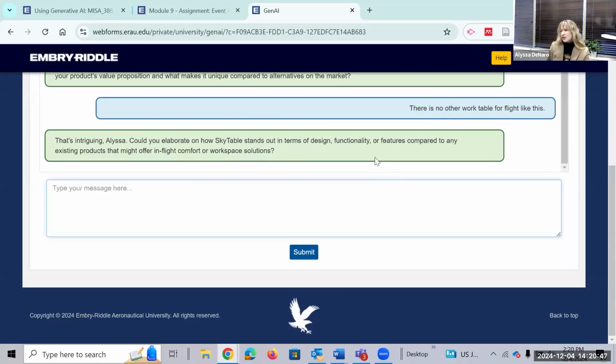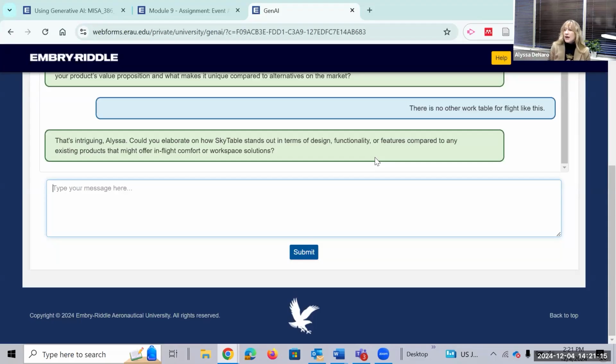What stands out in terms of design, functionality, or features? So get more specific. And the reason I can predict that is because I actually programmed this chatbot to hone in on certain specific things. So I don't know exactly what it's going to say in any given situation, but I generally can predict the themes of what it's going to say because it's carefully, like I said before, programmed and limited to do one specific thing.